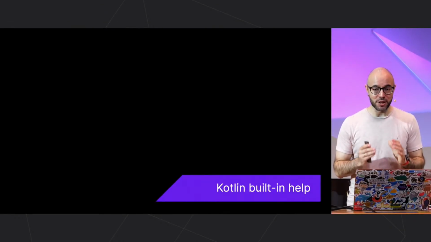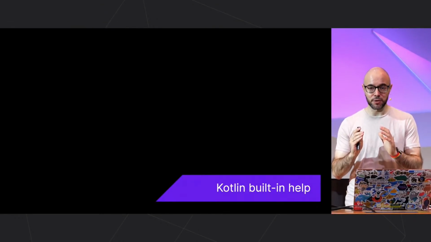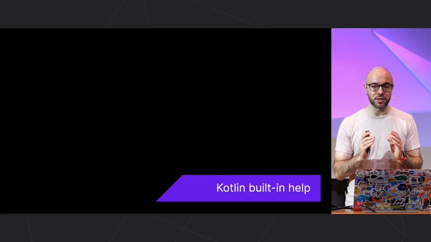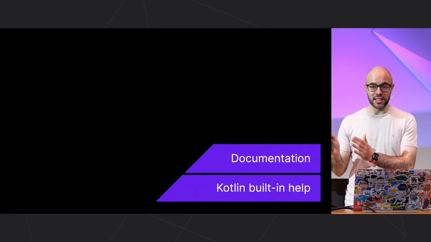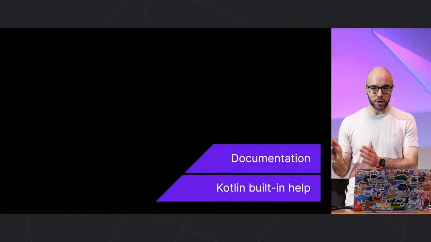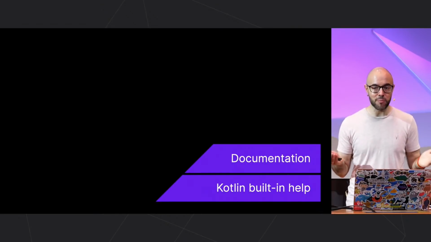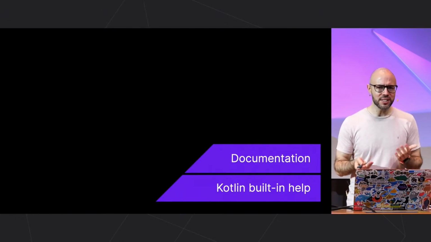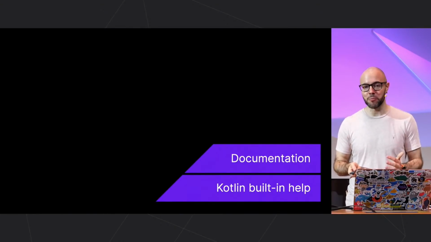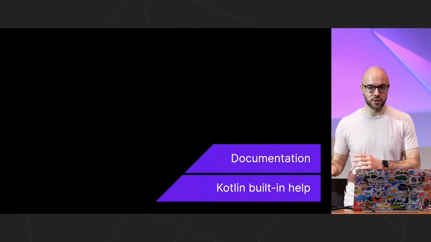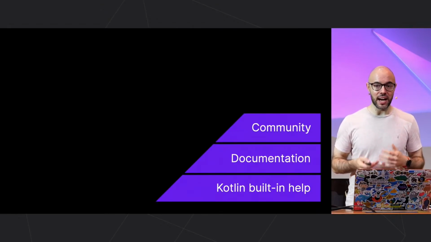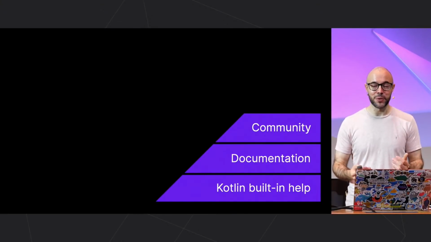When a developer faces a problem, they usually start looking for a solution directly in the tool or in the codebase. If the IDE or compiler doesn't offer any suggestions, the developer goes to Google, where they end up either in the documentation or in some third-party content, for example, in dev.to articles or maybe on Stack Overflow. If they can't find the answer there, they proceed to the next level and ask questions in the community channels,